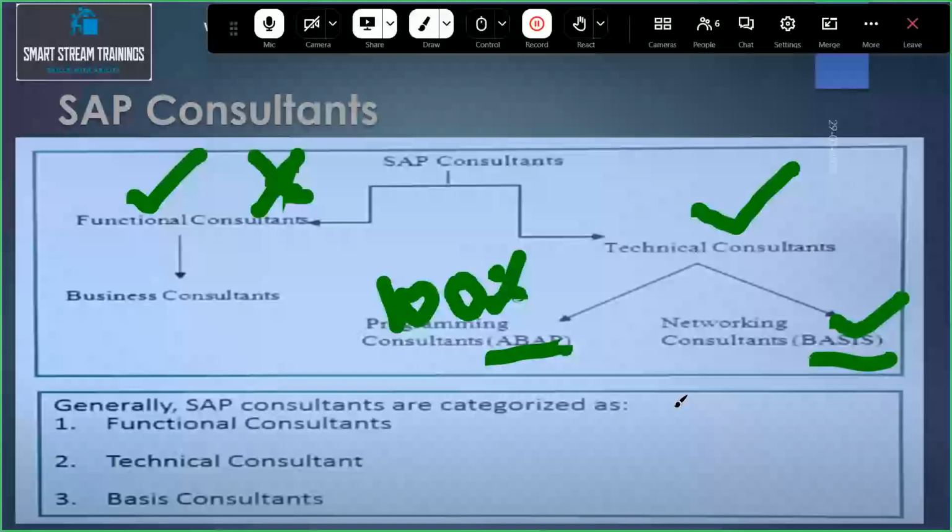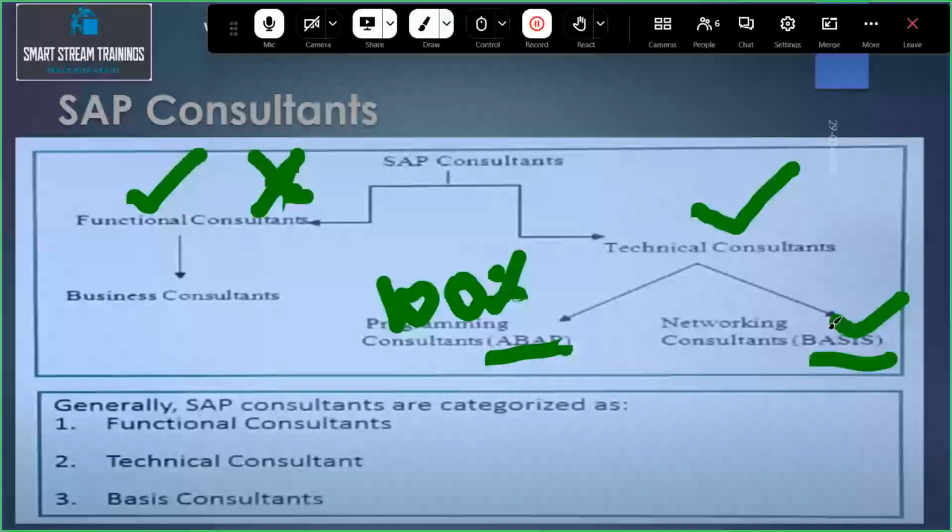Server maintenance means some application installations and providing the authorization to each function, each user, whether it is functional or technical. If it is a functional consultant, they are providing only functional authorization. The technical consultant is providing the technical authorizations, job monitoring, server maintenance, performance issue rectification, providing the authorizations. So these are all under control.